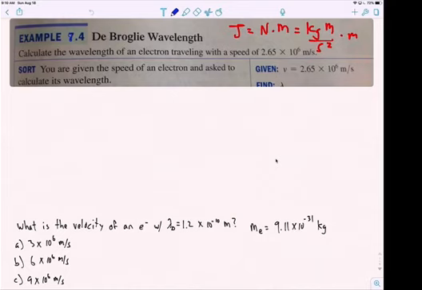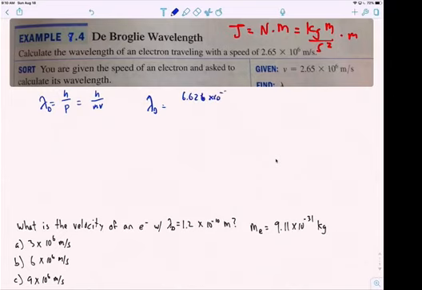To do this, we have to use the de Broglie wavelength, and the equation is wavelength is Planck's constant over the momentum, which is h over mass times velocity. So let's apply it for this here. So it's lambda d, the de Broglie wavelength, and it's going to be h